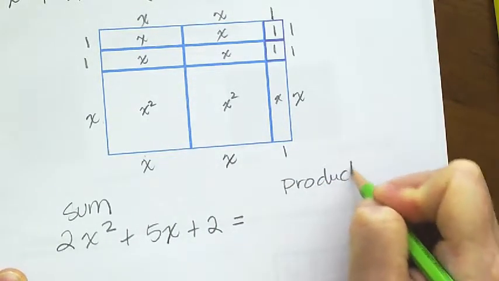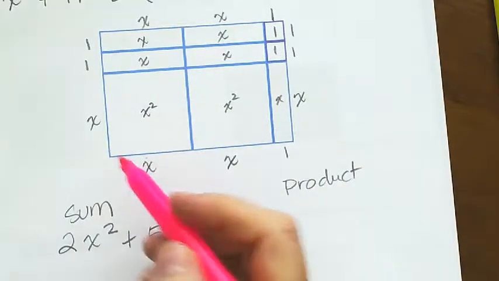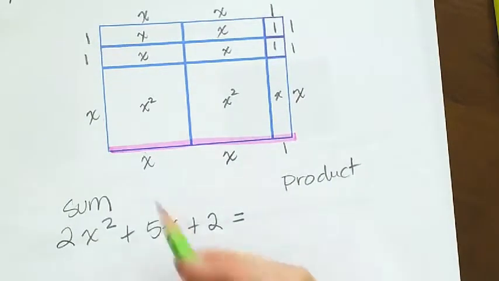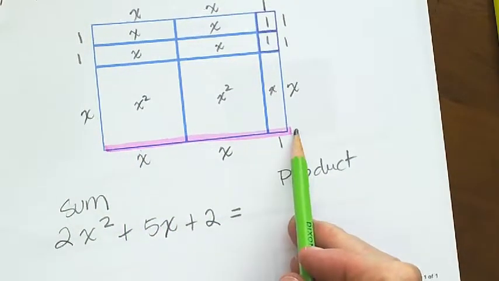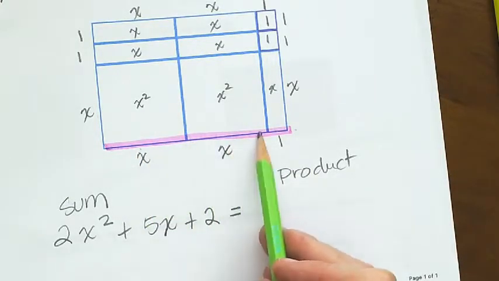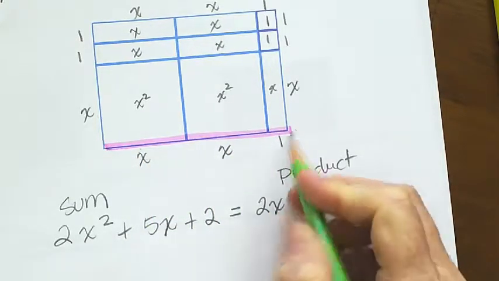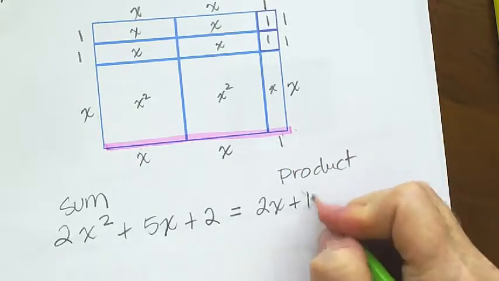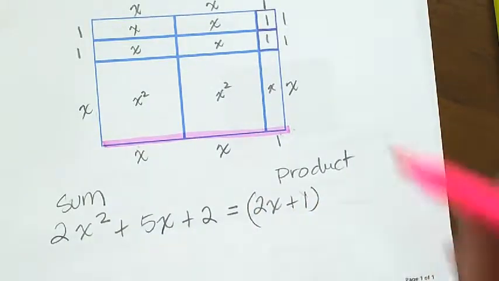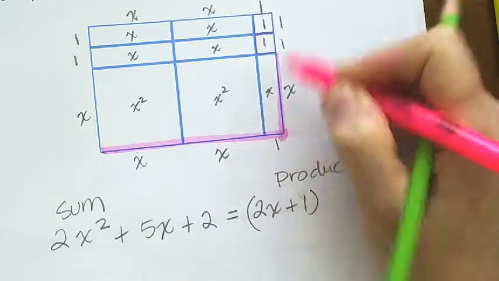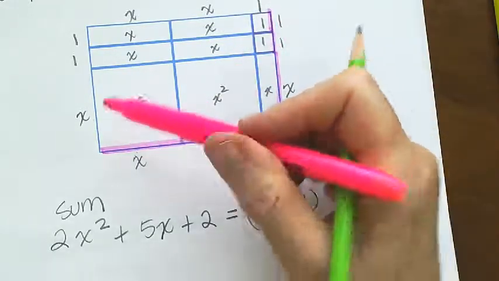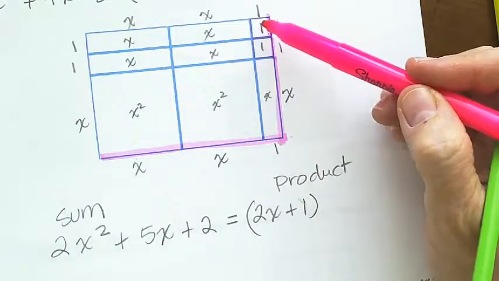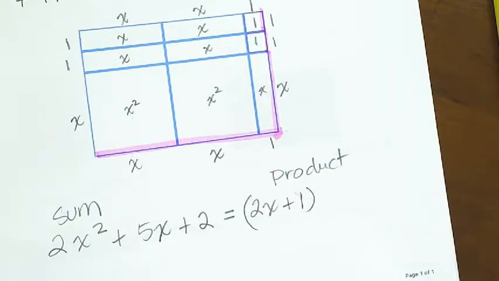Okay, for the product, let's look at this length. So that would be the length of these tiles added up. So x plus x is 2x plus 1. Okay, and then my width would be x plus 1 plus 1. And notice it doesn't matter if I do this side or this side, they're going to be the same. Doesn't matter if I do top or bottom, they're going to be the same. So x